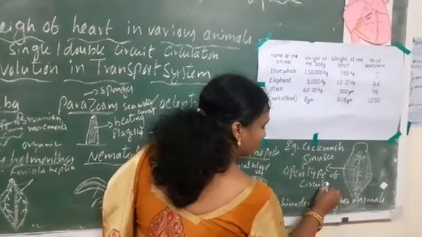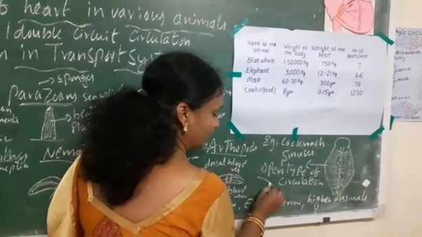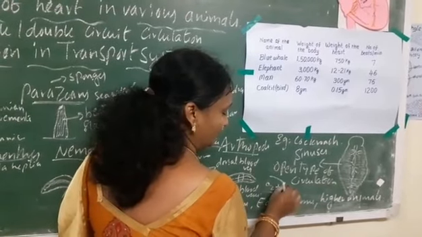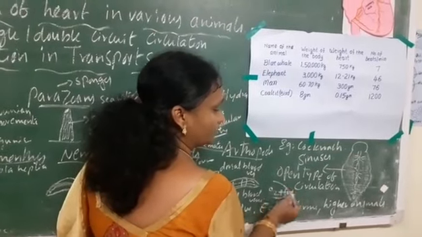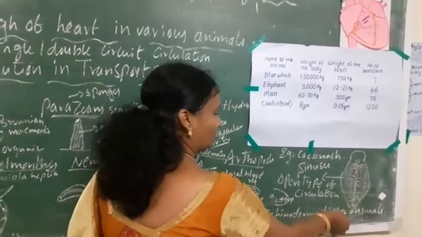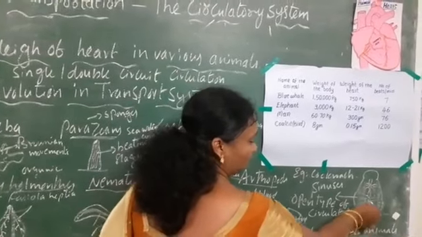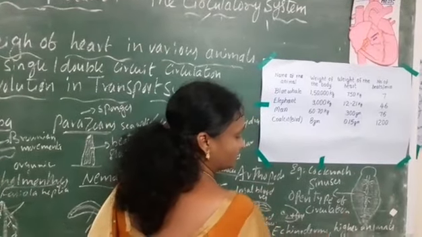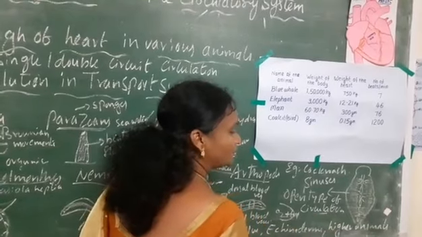And we have seen the tracheal system. The tracheal system will be sending the oxygen to each and every cell, and this blood will be supplying food to the cell. So here the complete circulation is observed, but we don't observe blood vessels in the cockroach or in all the insects. We will be observing open type of circulatory system. The heart pumps the blood into the open spaces, that is called the sinuses, and this type of circulation is called open type of circulatory system that we observe in the cockroach.